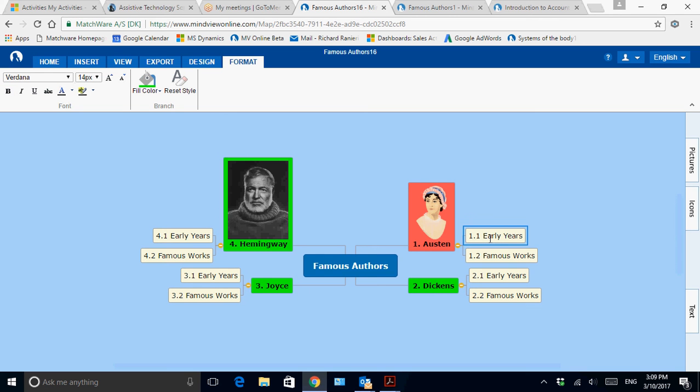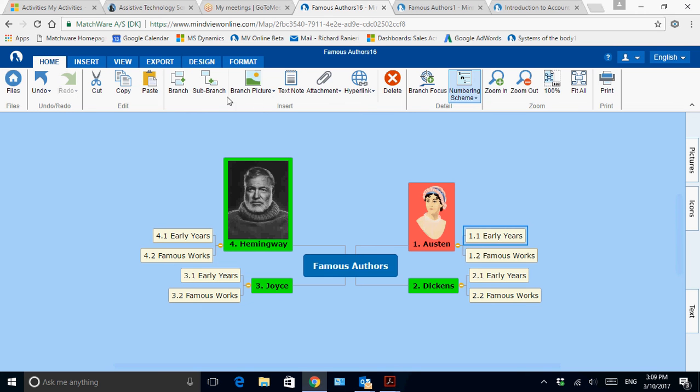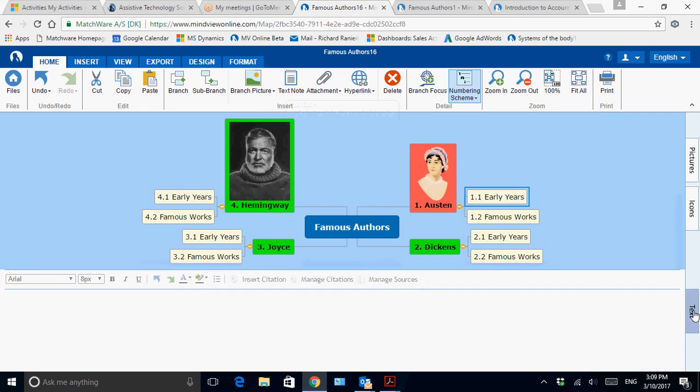Last thing I want to do is add some information, some text to this mind map, and you can do it on any branch here, but we'll do it on early years. I'll then go to my text tab down here, or I can go to my text note up here. So coming down here to the tab, this opens up our text note editor, and there isn't any set number